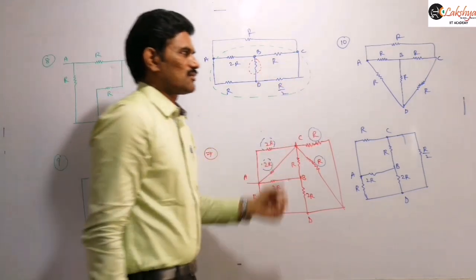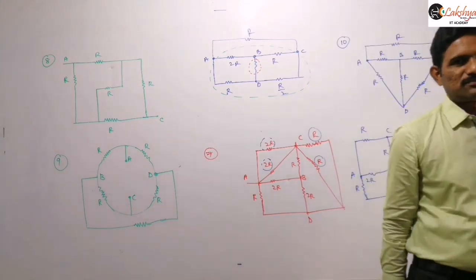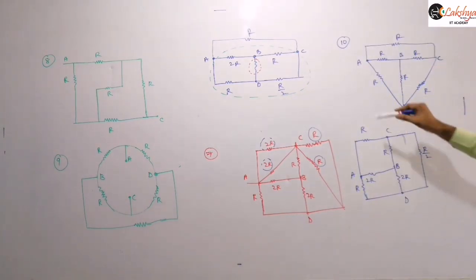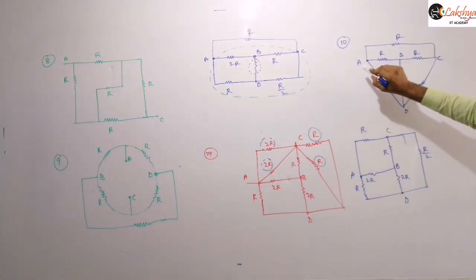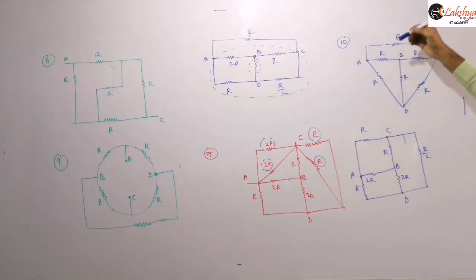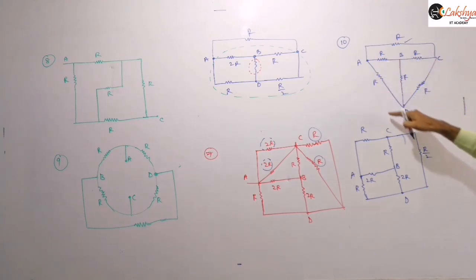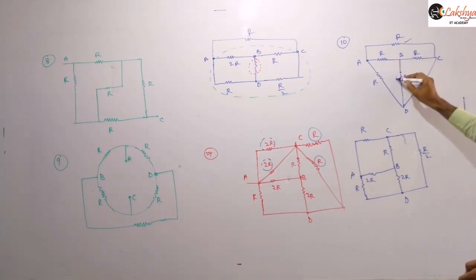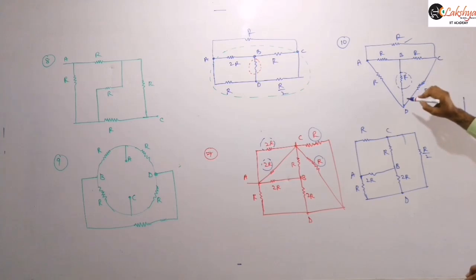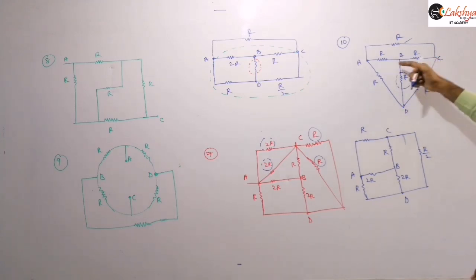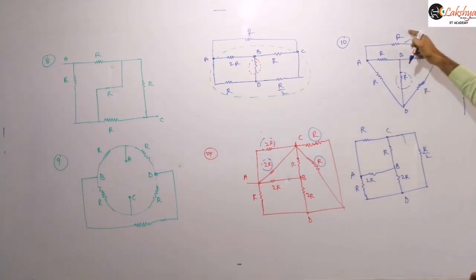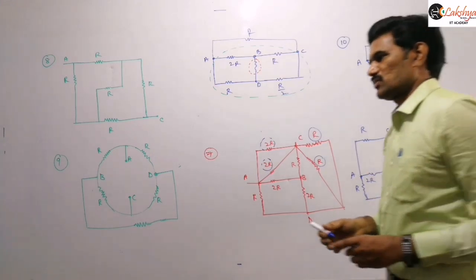And next similarly here, if you are taking this 10th one, then for this 10th one also, suppose I accept this resistance, then the remaining forms a Wheatstone bridge here, right? And so then this is the position of the galvanometer, then you can eliminate that, and then you can find the effective resistance: 2R and 2R and this R all are in parallel. You can find the effective resistance there.